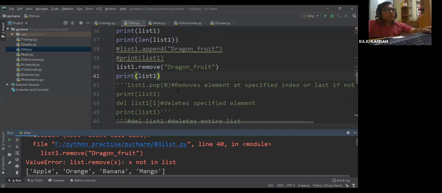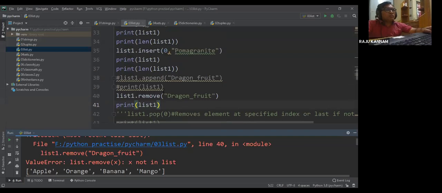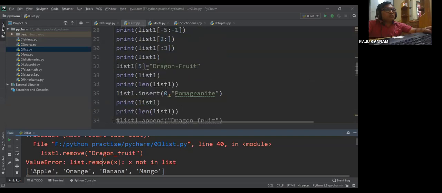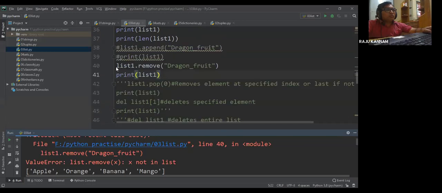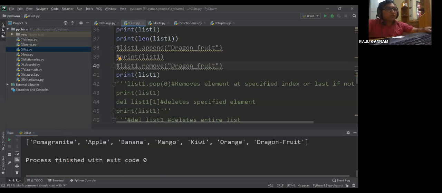It's not in the list. Let me check it. So dragon fruit is there here.